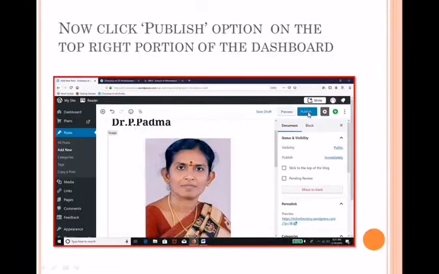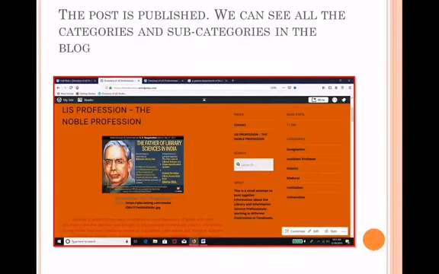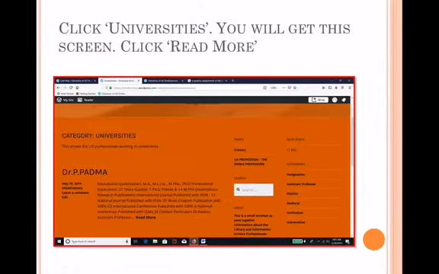Click on publish, which is available on the top right side. You get a message that this is published, and if you come to your blog, you can see on the right side categories: designation, district and institution. Three categories are there. Under designation, assistant professor; under district, Madurai; under institution, university, are displayed in the WordPress blog. And this is how you can create a post, you can add tags, and you can place this particular post in one or two or any number of categories for the users to see.